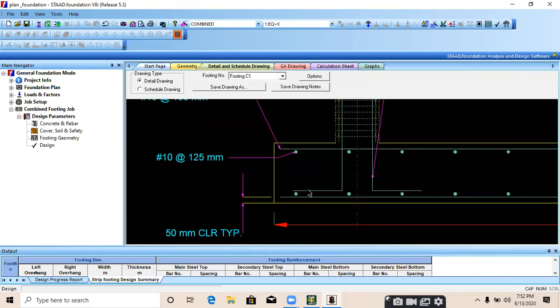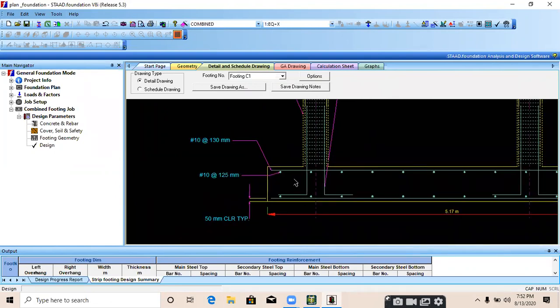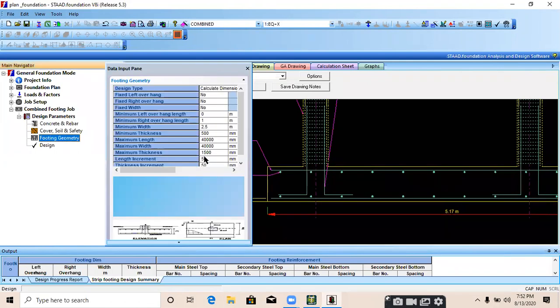We provided it 0, but software shows if you keep it as 0, then footing will fail. Because I just put there the length increment is 0. Once I just fixed it, you can't go after that, okay? So it says your footing is failed.